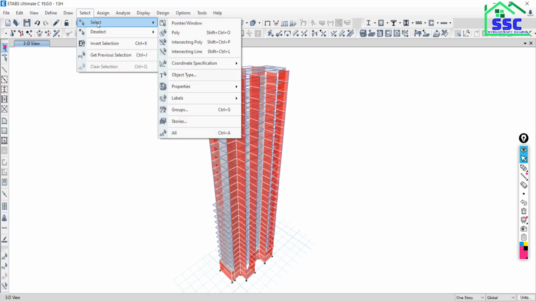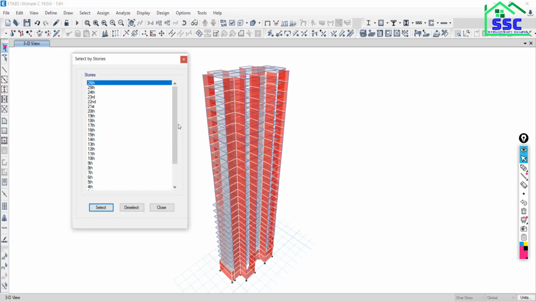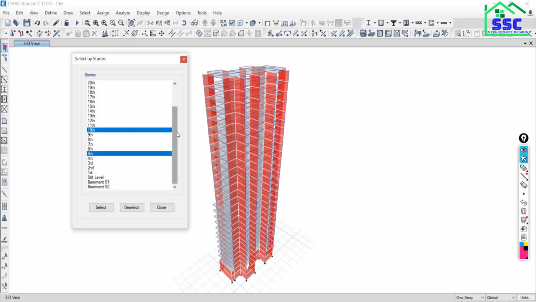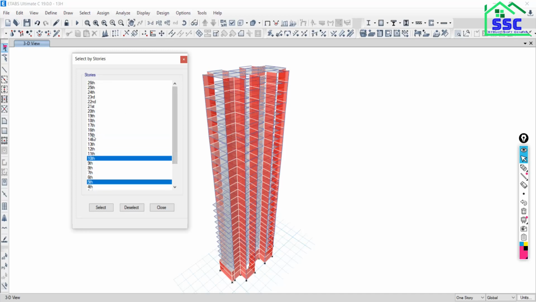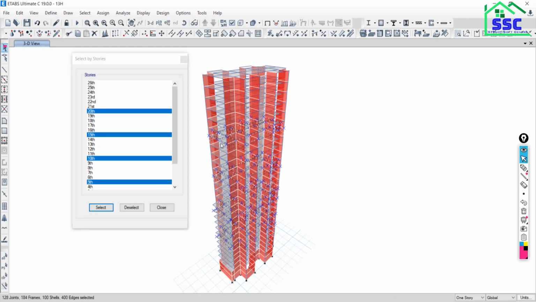Just go to select, go to stories, and I just want to make the selection for your 5th story. Press control on your keyboard, move up to 10, press control and click over 15, press control and then on 20th, say select, so that the required floors will be in selection.